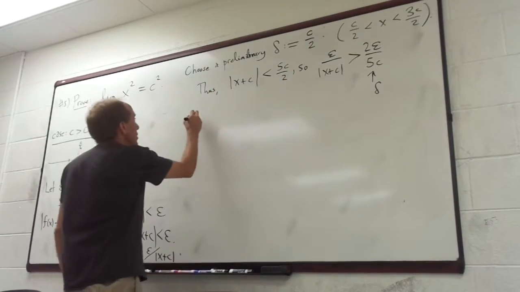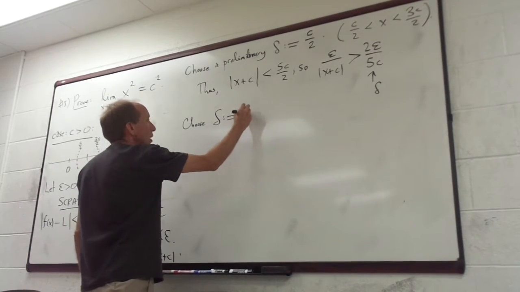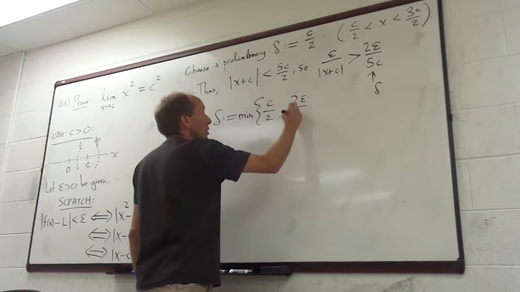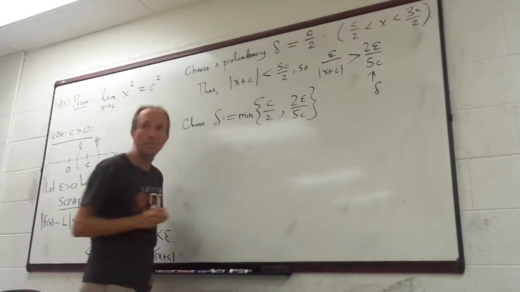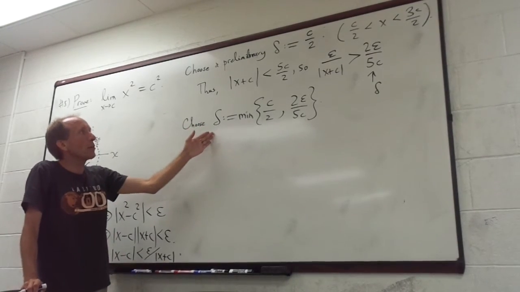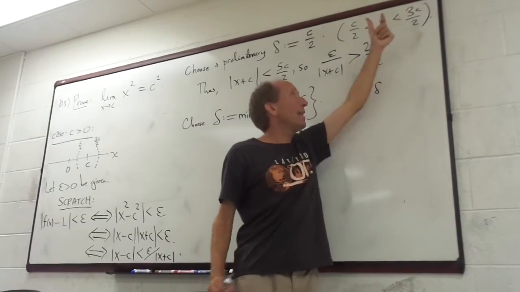So let me write this down and then we'll look at it again. Choose delta to be the minimum of c over 2 and 2 epsilon over 5c. By doing that, you're going to restrict the x's to be in this range. And when